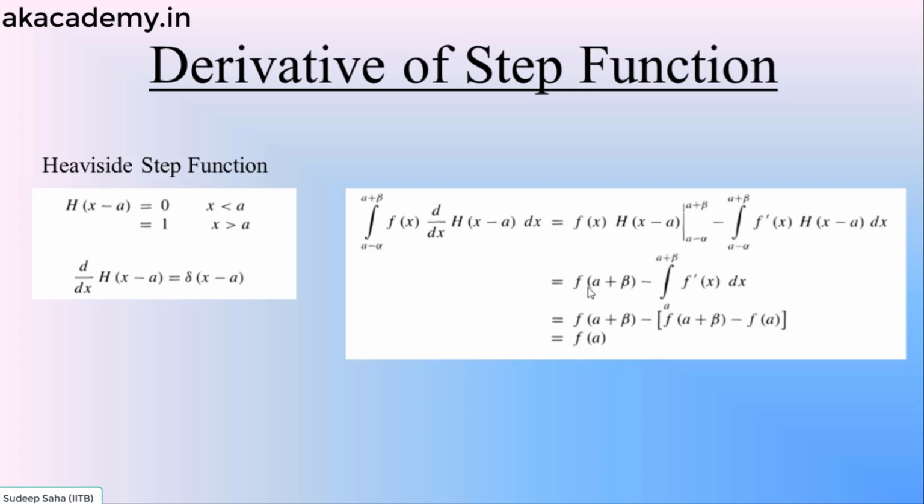So at the upper limit this will be f of a plus b. Okay, now in this case we'll have to just make a transformation, or I mean this is a very straightforward step. You have to just make a change of variable, and this is it. So if we do this integral, this is f prime of x, so its integral would be f of alpha plus beta minus f of a. Okay, so these two things cancel out and f of a survives. Okay, so as we can see, the derivative of a step function behaves as a delta function.